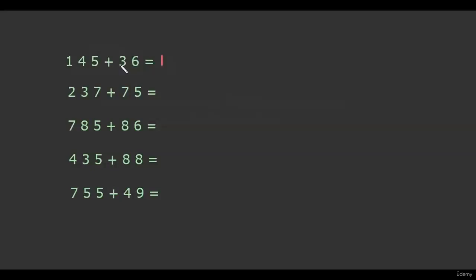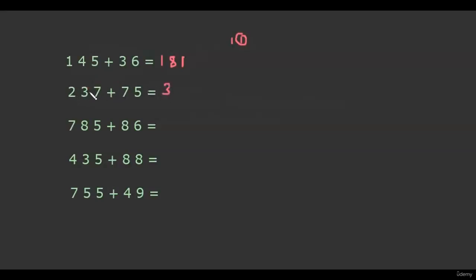Now 4 plus 3 is 7, but before writing 7 over here, we observe that 5 and 6 are carry numbers. So instead of 7, now we are going to write 8, and 5 plus 6 is 11. We will just write the unit number over here. Now in this case, 2 as it is, but before writing 2, we observe the pair on the right side of it, 3 and 7. Now 3 and 7 are carry numbers. So instead of writing 2, we will write 3.